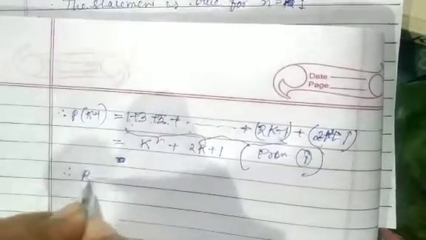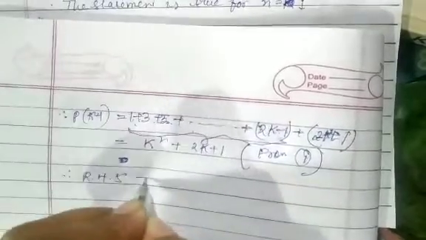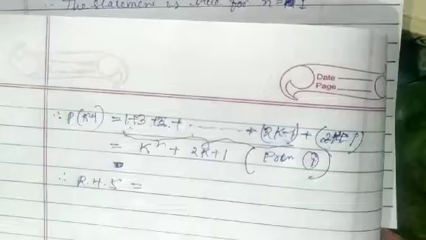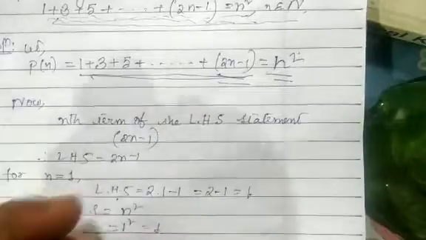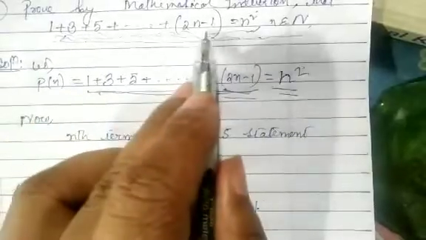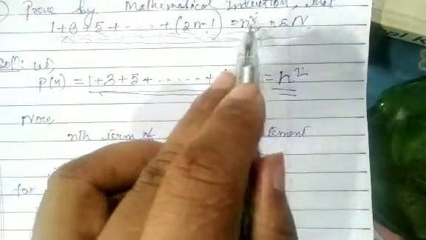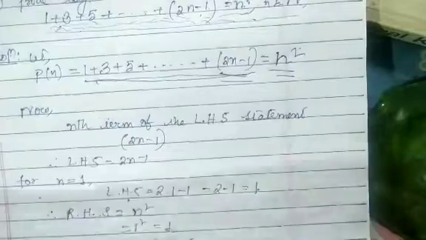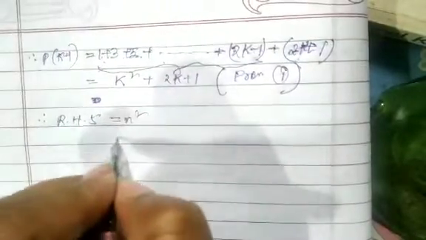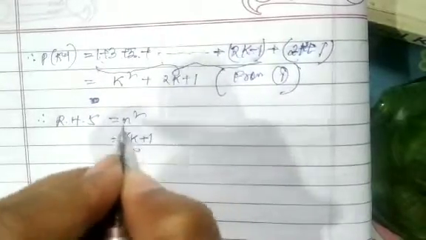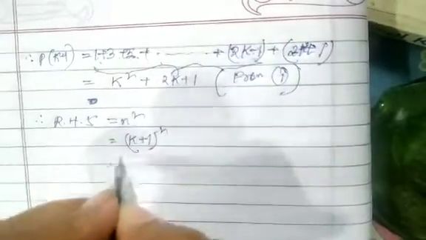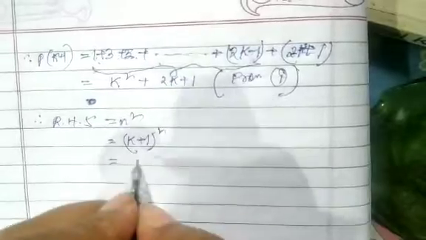Now take the right hand side. So what was the right hand side of the statement? If you see the question very carefully, the right hand side of the statement is n square. Okay, so now we will take the right hand side is equal to how much? N square. What value of n have we taken? K plus 1. So put k plus 1 in place of n, it is equal to (k plus 1) square, then it will follow